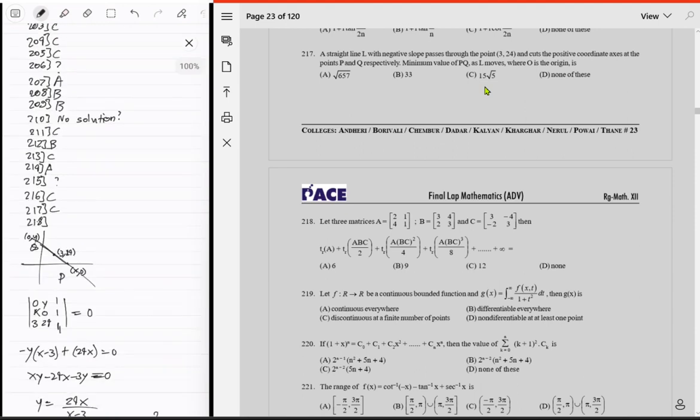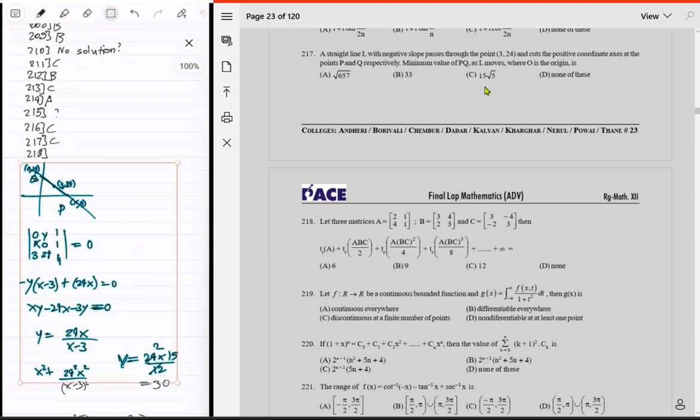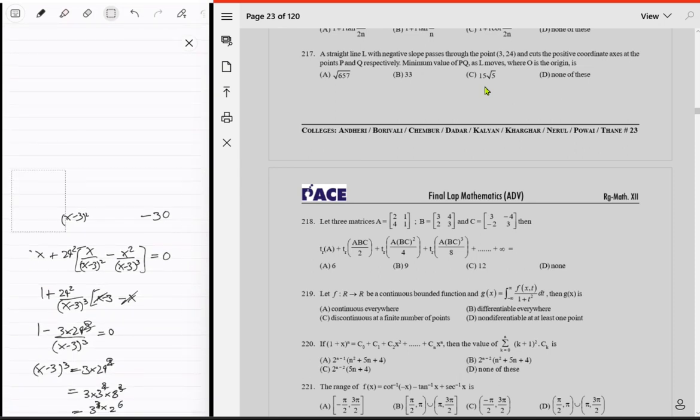218. इसके दो ही रियल सॉल्यूशंस थे, वो एक्सट्रीमम पॉइंट के, और वो मैंने दोनों लेके डाले इस पे. नेक्स्ट